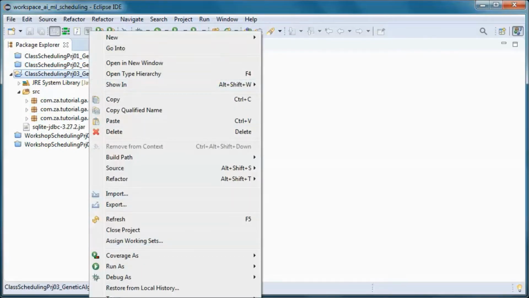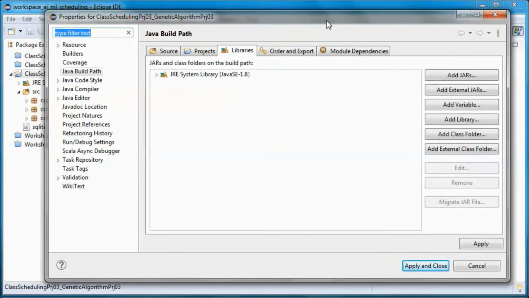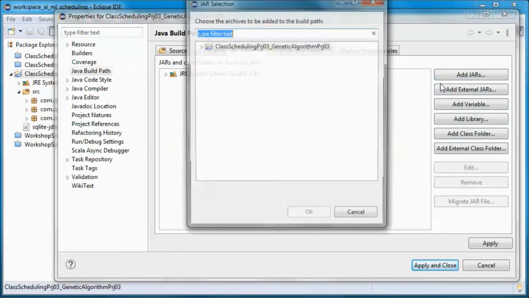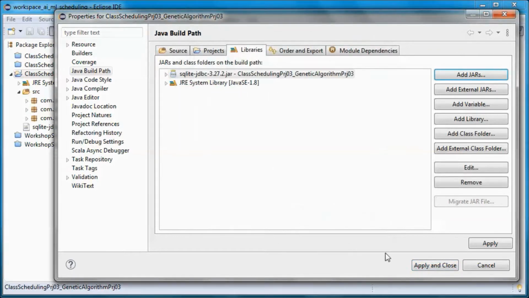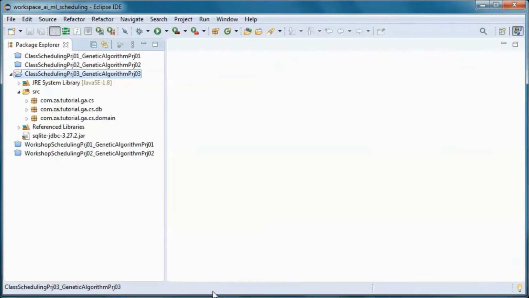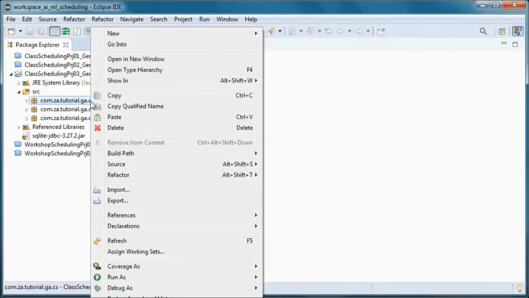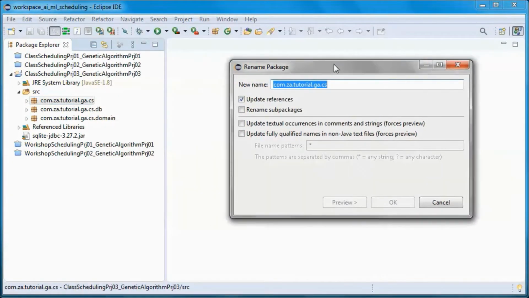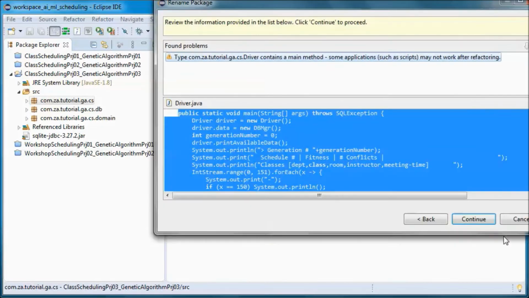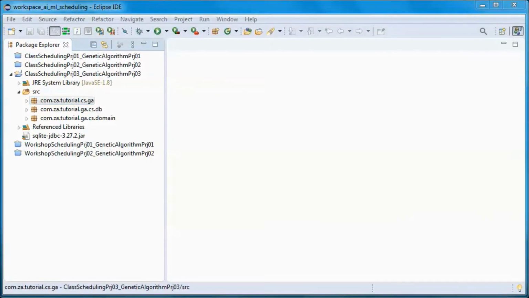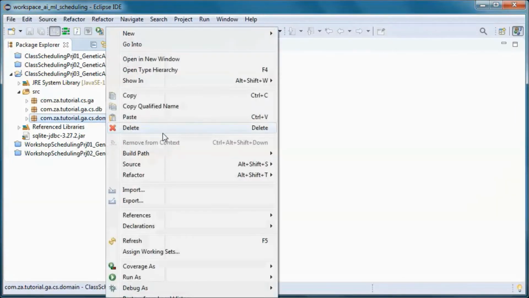So let's go to properties. And let's rename those packages, since I will be implementing scheduling in other than genetic algorithms in future tutorials.